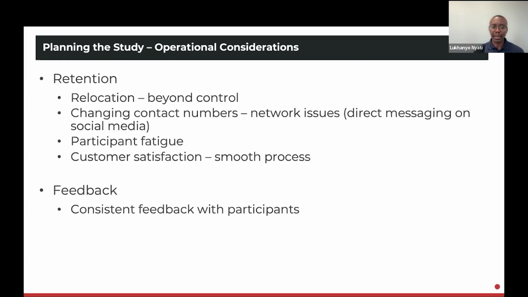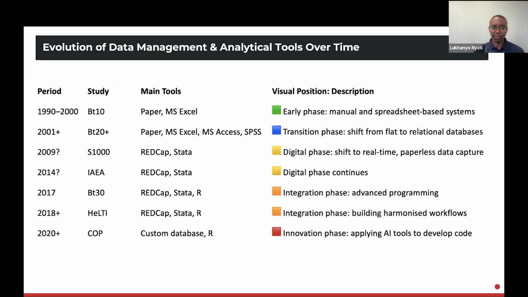And so these kinds of feedback, but also if it can be done consistently, with these systems, we're able to provide that kind of information. Now, this slide here just demonstrates the evolution of the data management systems and tools that we have used over